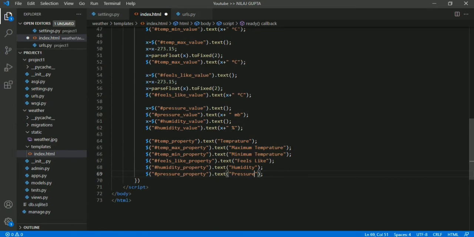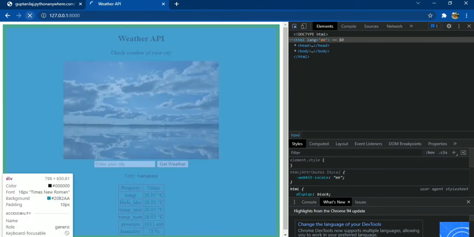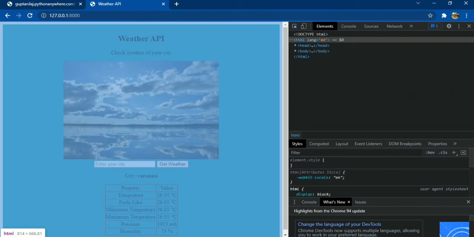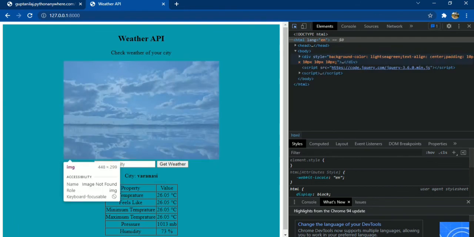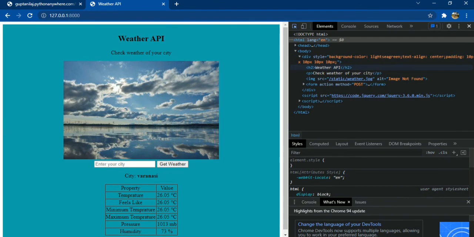So now the property part is also completed. Now let's reload it. And you can see that our app is now completed.